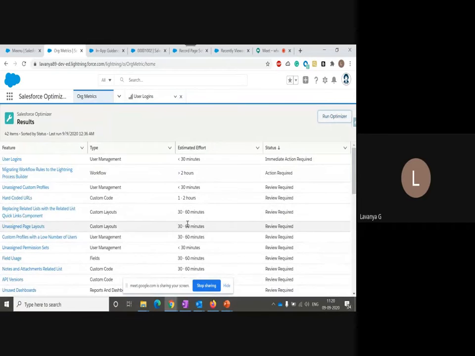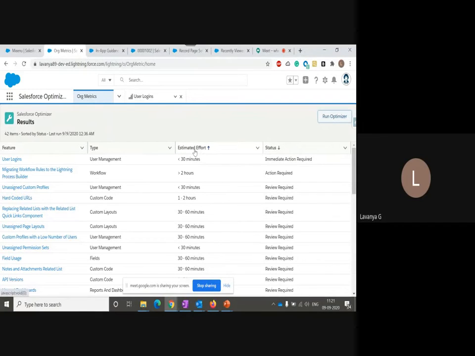The estimation effort. For example, the things the optimizer will cover, for example, a few of the users have not logged in so far to the organization. They will show all the details. Not only those details, whatever the features, whatever the actions that relate to your organization, all the details come under the Salesforce Optimizer.